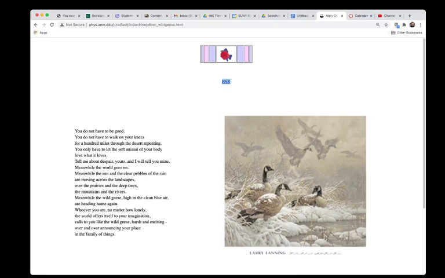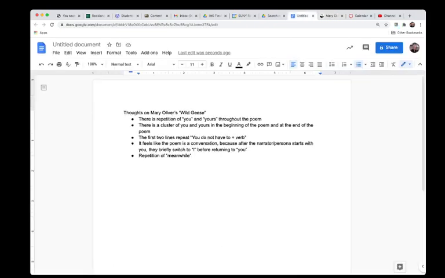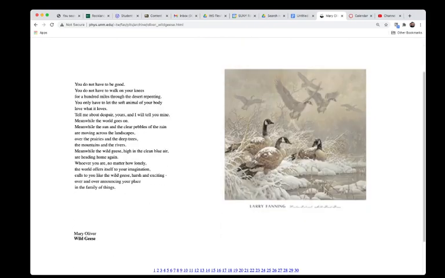So there seems to be some kind of juxtaposition between what is being addressed to you and then the rest of the world. Okay, and that might be interesting. So we're going to say, to juxtapose something means to put them in contrast with each other, right? So there seems to be you is juxtaposed with meanwhile. So once we've come to these conclusions, let's take a little peek back at the poem here. We want to look at the end of the poem.